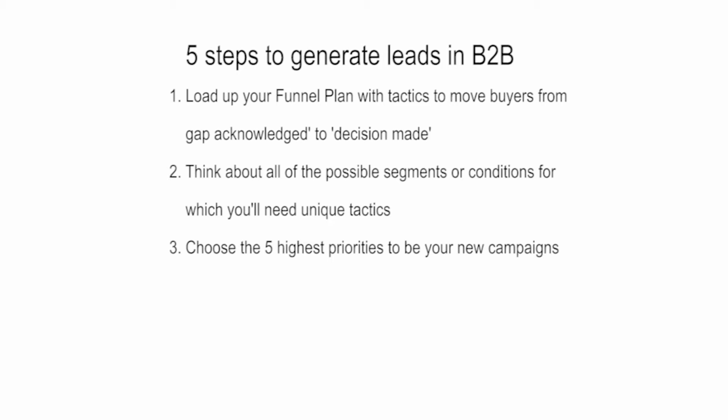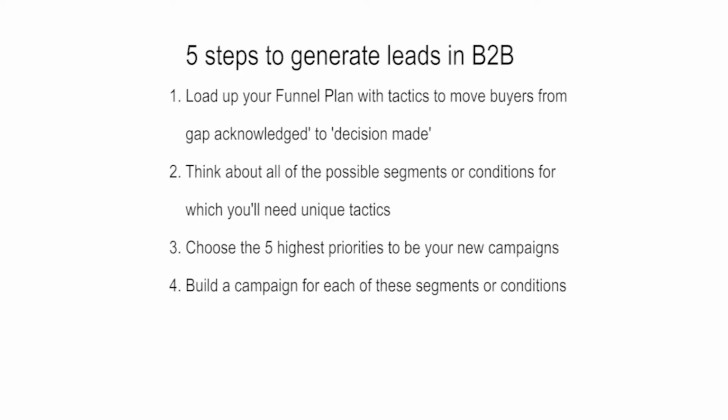Why 5? Because we need a granular plan, not a plan that nobody can actually understand. 5 is really a working maximum. Fourth, build a campaign for each of those segments or conditions. Now again, start it positioned in category for inbound tactics, because you don't need to know their name, they're going to find you. But for your outbound tactics, think again about people who meet the ideal client profile but aren't